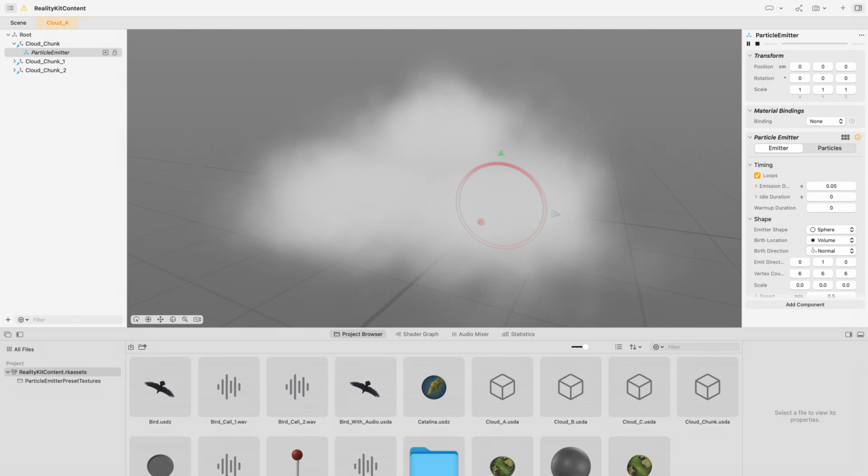A new feature that was added to RealityKit is particles, and you can use a workflow in Reality Composer Pro to author and preview them. Adding particles into your scene provides movement, life, and endless possibilities. Clouds, rain, and sparks are just a few effects that you can build in a short amount of time.